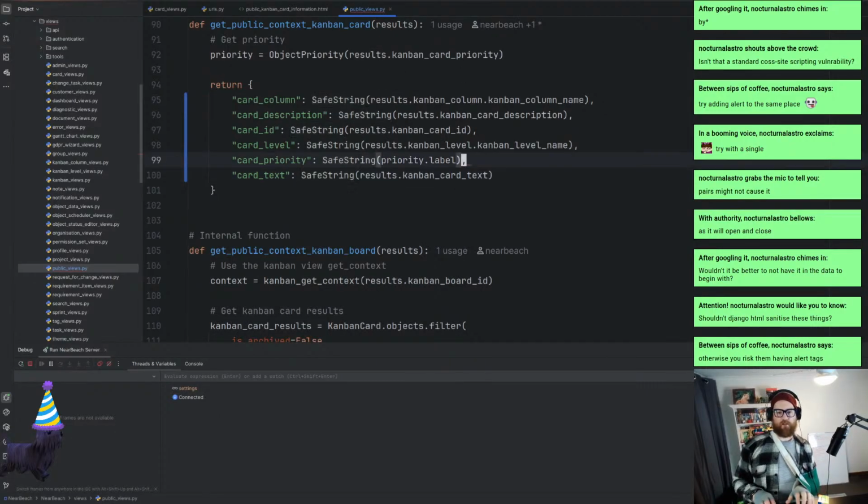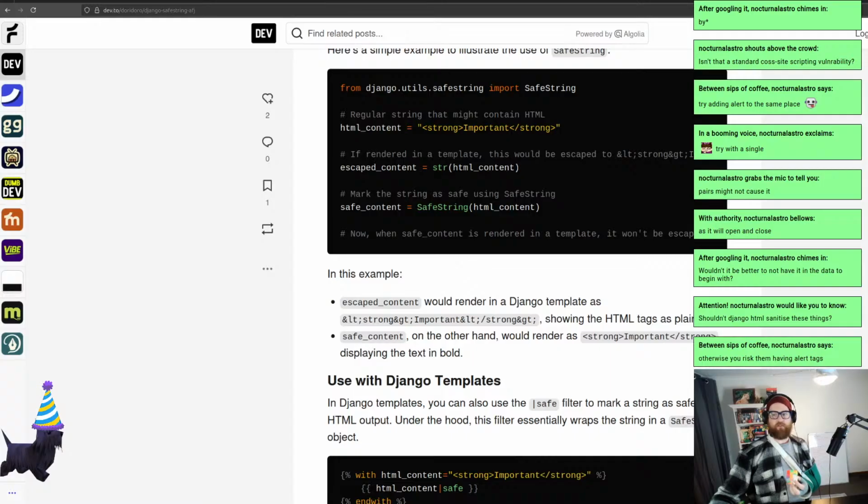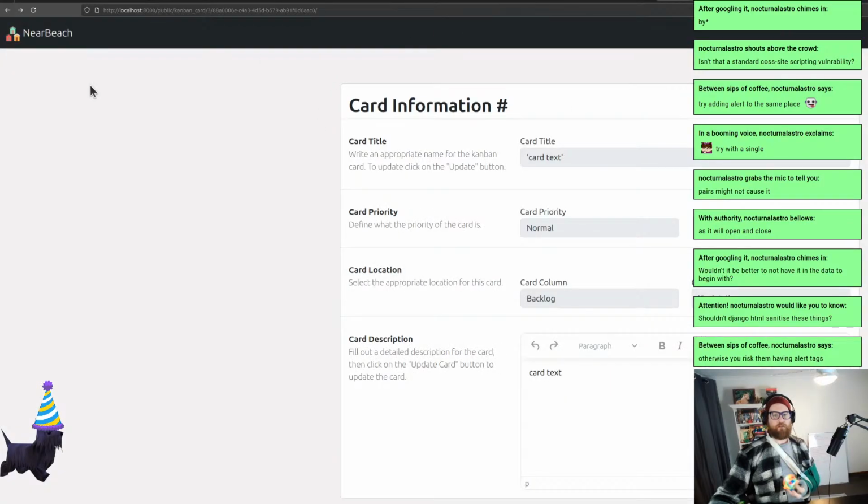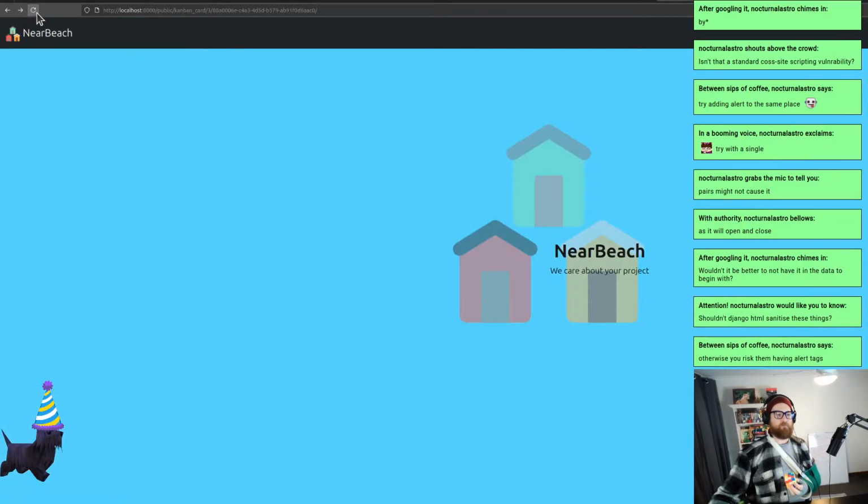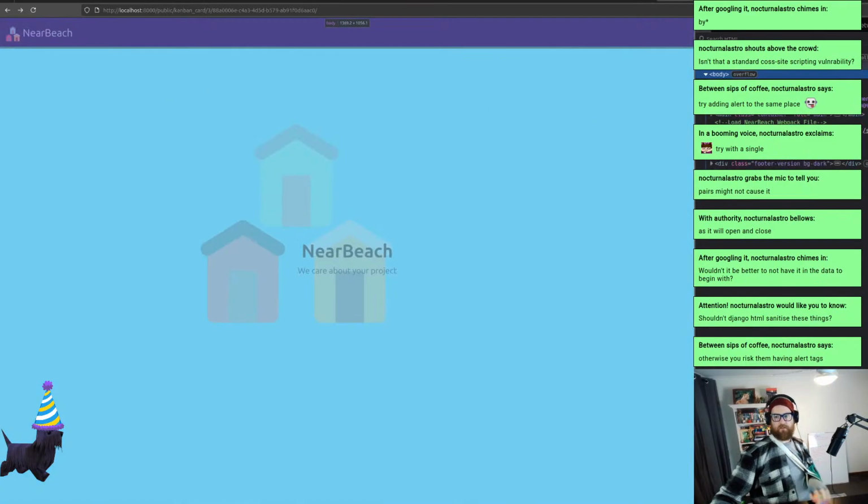Okay, we need to actually put a comma there, and I like to put a comma at the end of the thing just in case we add more items in later. So now I've just got to wait for everything to sort of reboot. I'm just going to hit refresh. Oh, it didn't